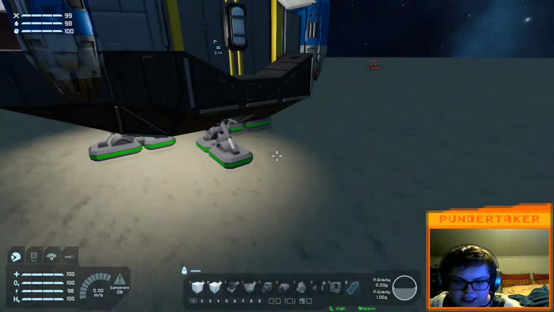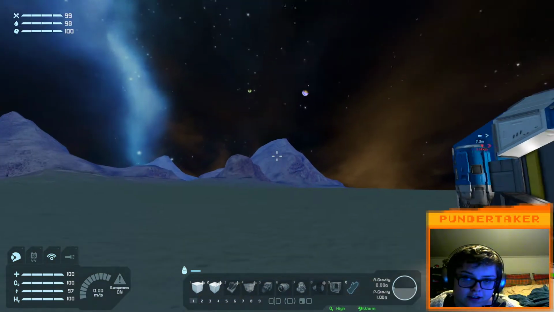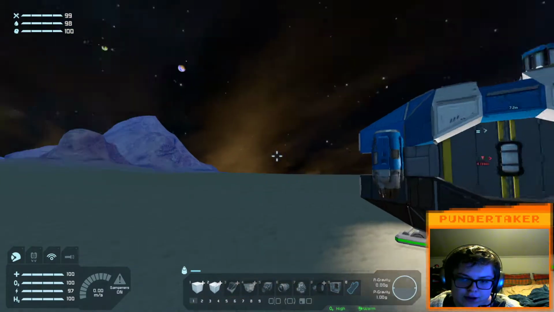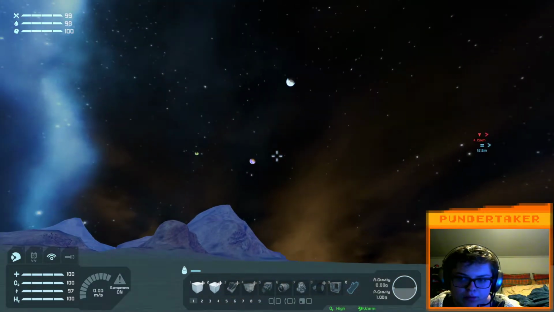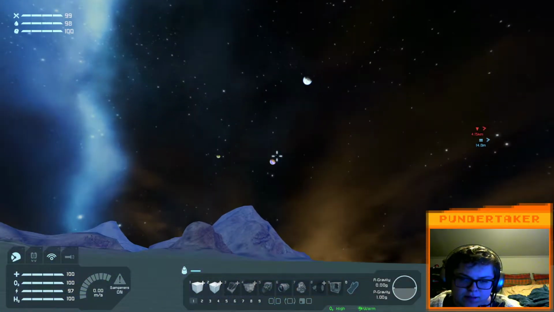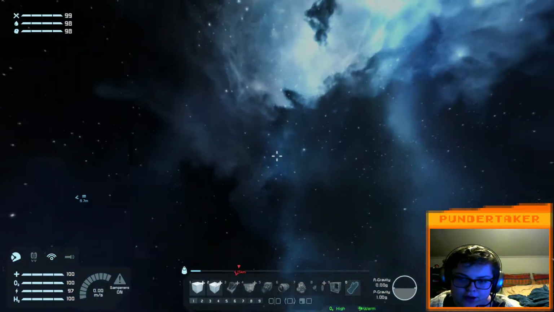Obviously the first thing you notice is that we are not on any of the pre-made planets. So this is called Gea. It's a desert planet. We are pretty far away from Earth. As you can see, it's way over there. I think that's Mars, and that's alien. So we're pretty far away from Earth. We obviously have Kaldori